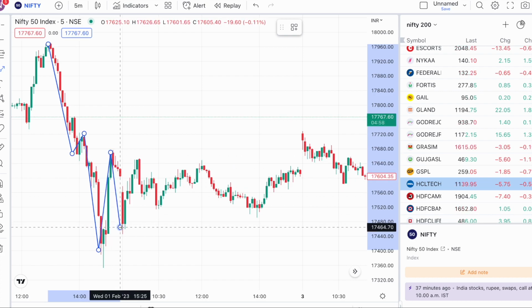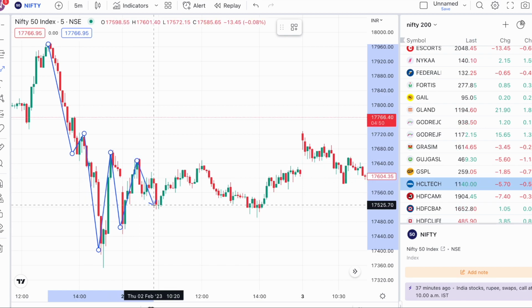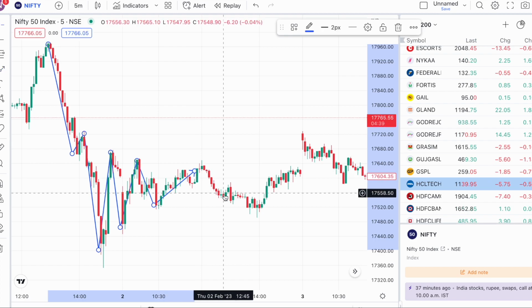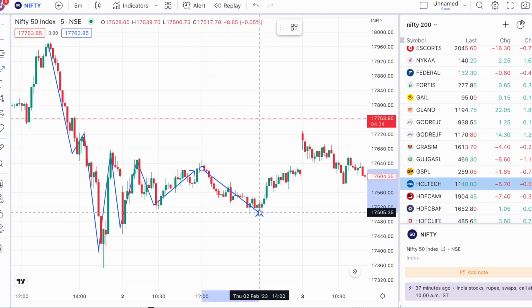Again, there is an impulsive move. This is again an impulsive move. If you can see over here, this can also be considered an impulsive move. As of now, it's fine, but over here, this is not an impulsive move, this is a reactive move. Again, over here this is an impulsive move. Okay,